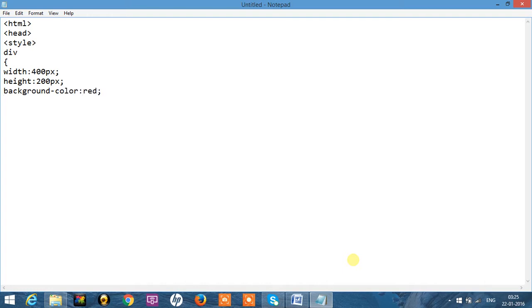Here I am giving -webkit-, which is for browser support. Here I am taking animation name. The animation name I am taking as example. Here I am taking another -webkit-, which represents the duration of the animation.